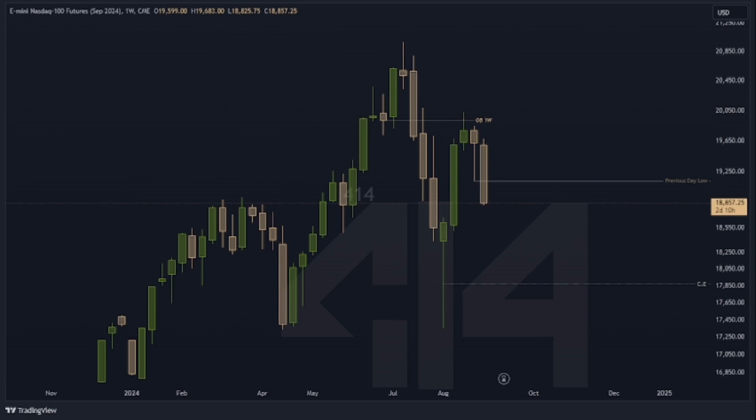So hello and welcome. You're looking at the 1 week time interval of the E-mini Nasdaq futures contract, September 2024. This candlestick right here is the 3rd of September, and the one before it is the 2nd of September. Now we'll look at how price traded. It's basically a journal log of trade on the 3rd of September. Now we have a price trade down